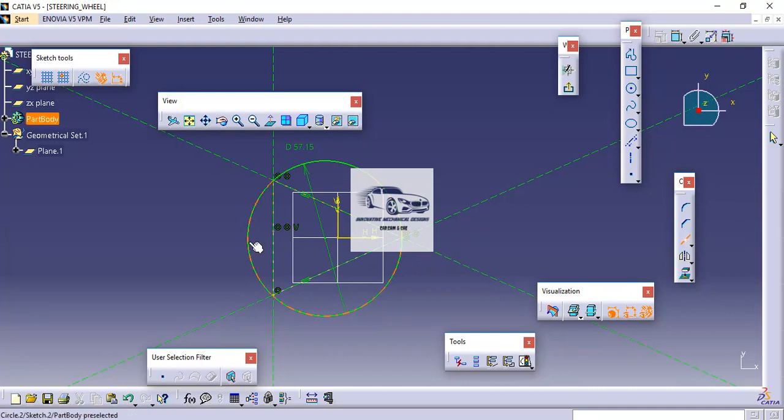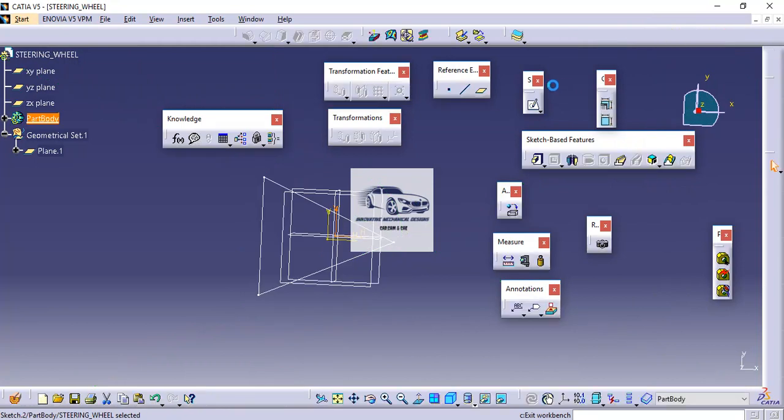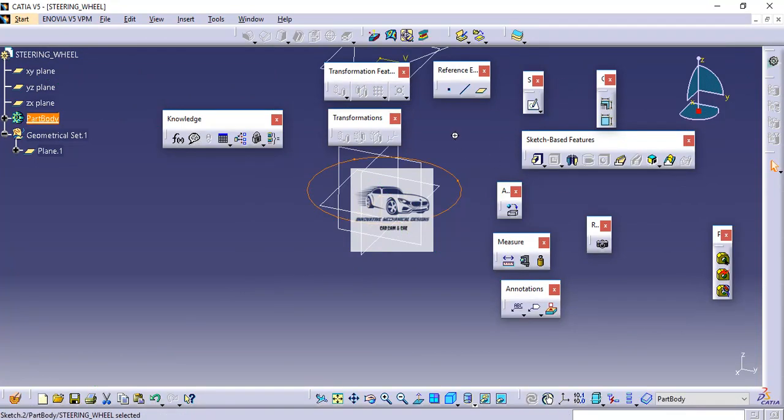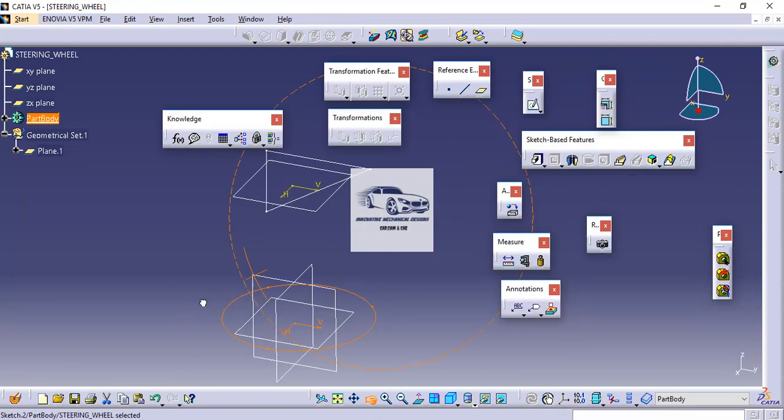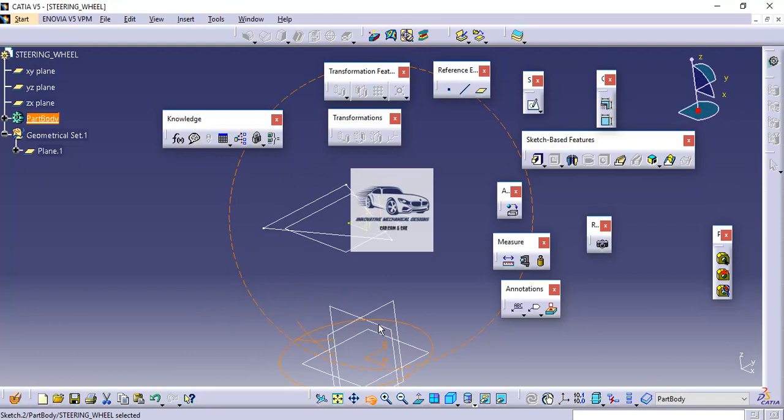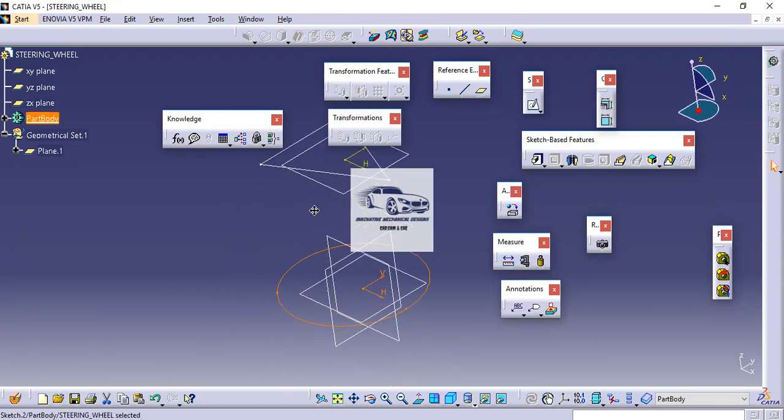Now I can see this half is detached from the complete circle, and we are left with this half. Again I will select this circle and this line. So 1, 2 and 3. We are left with 3 halves. Now exit.